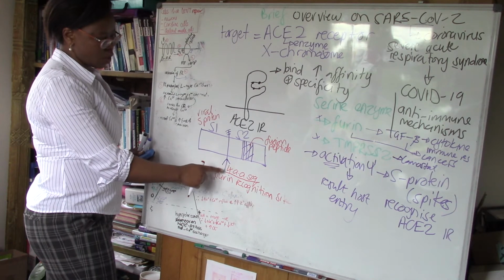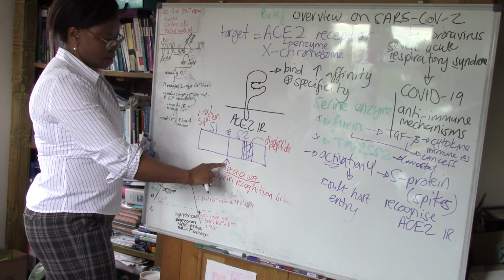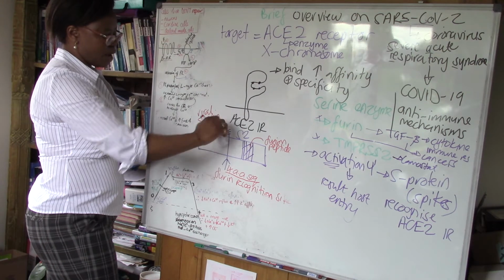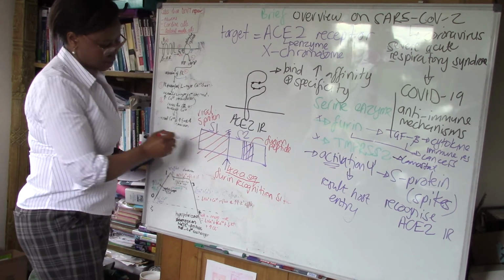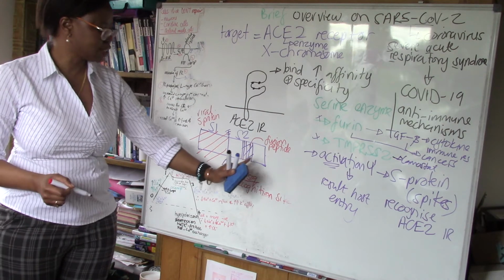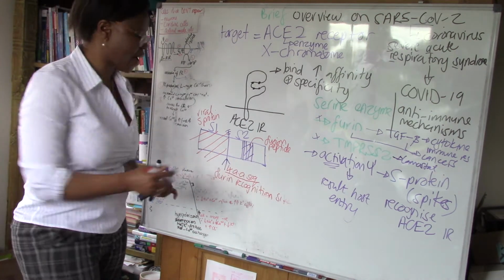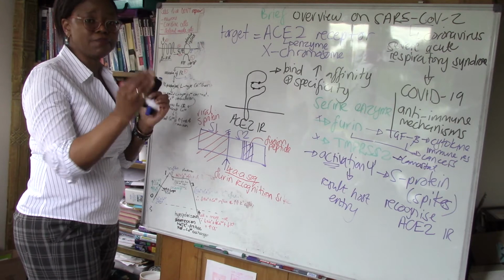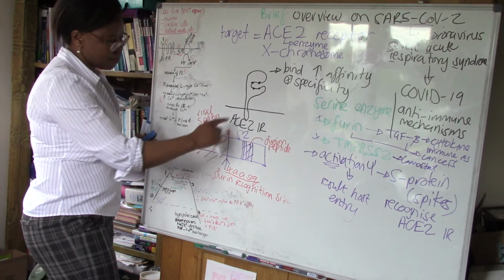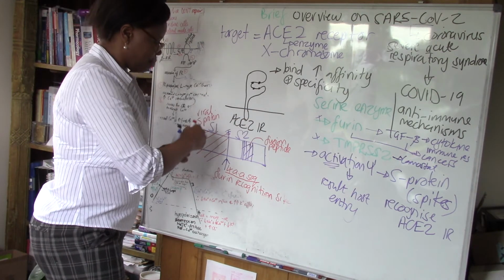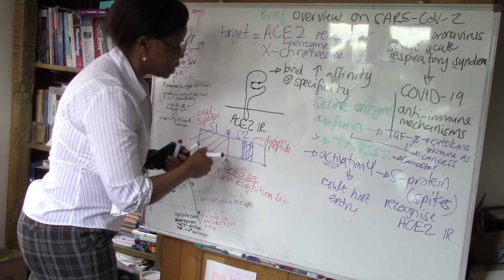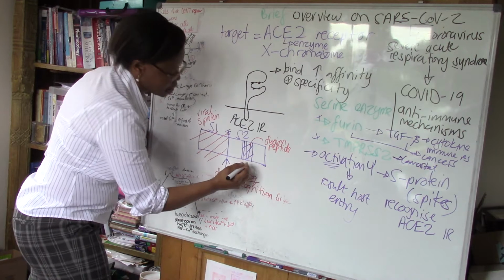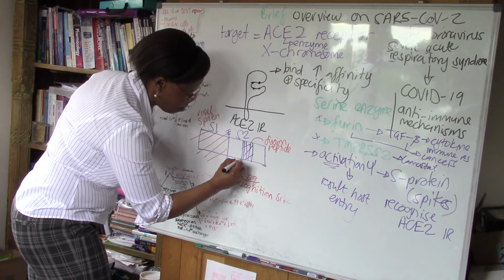So furin will come in, recognize the site, bind and remove S1. So now this protein has been primed. Now it's primed and ready for activation. And then as it's being primed, a conformational change occurs, allowing the other enzyme to come in